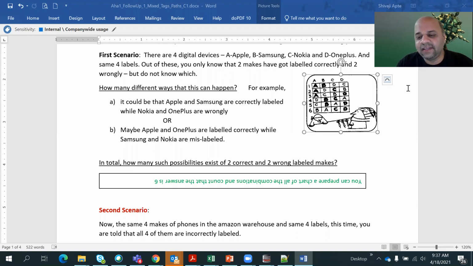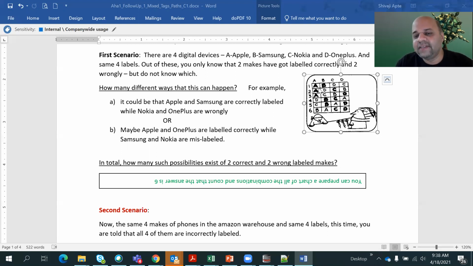Okay, Shreyas is also saying there are 6 ways. Anybody thinks less? Anybody thinks more? Okay, Ashish also is saying 6 ways. Arav is also saying six. So looks like six is the right answer. And actually it is right. Srushti is also saying so. In fact, all the possibilities we have covered in this small table, because you know that exactly two have to be right and two are to be wrong, right?